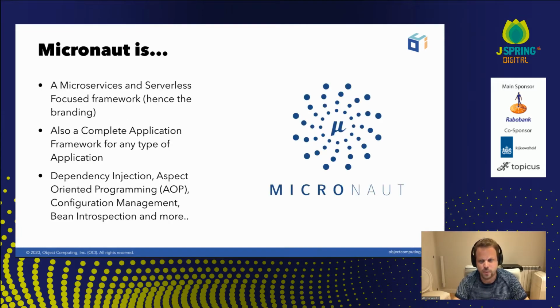So for those of you unfamiliar with what Micronaut is, it is a primarily microservice and serverless focused framework, hence the name. However, it is a complete application framework for any type of application, really. Although Micronaut definitely has an inclination for microservices and serverless and has definite concrete strengths there. We have teams at Object Computing that are using Micronaut to build, for example, swing applications or command line applications and so forth.